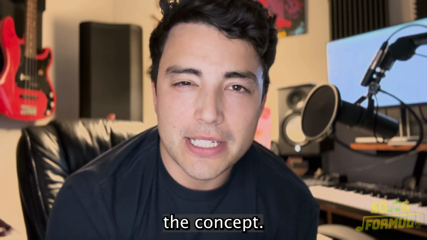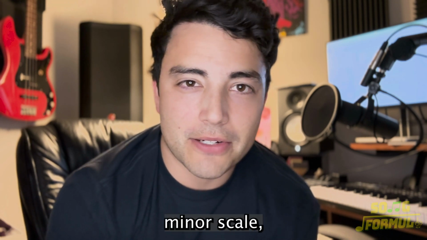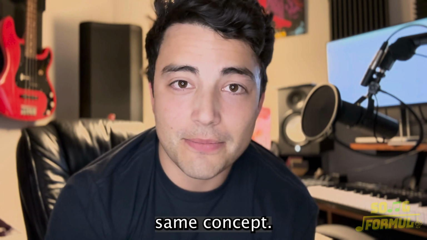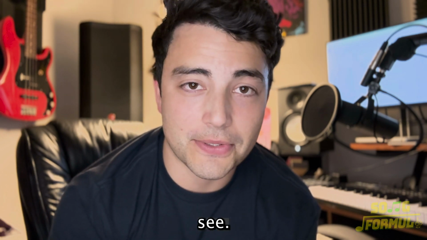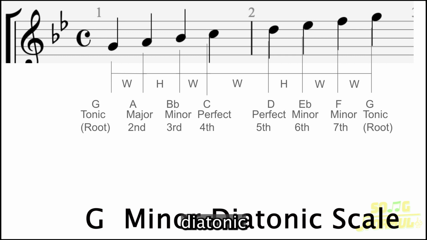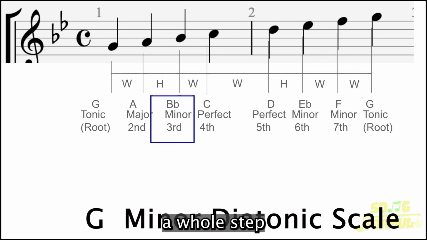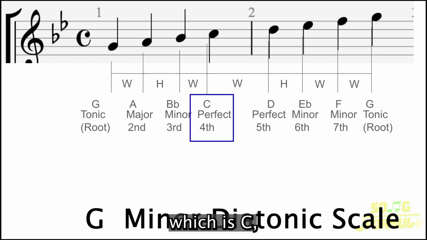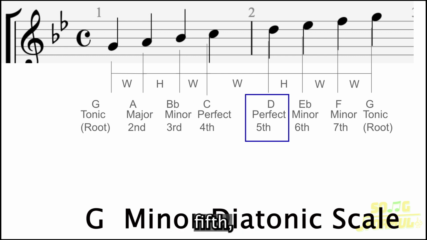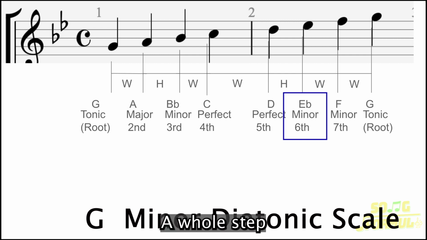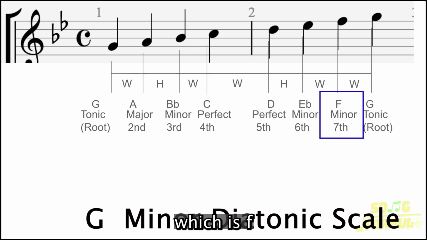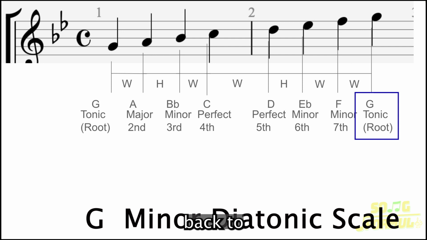But just to make sure you understand the concept, we're going to switch gears to the minor scale. And it's the same concept, just a different whole step, half step pattern, as you'll see. Here's the G minor diatonic scale. It starts at G, your root, goes up a whole step to A, the major second, goes a half step to the minor third, which is B flat, then a whole step to the perfect fourth, which is C, a whole step to the perfect fifth, which is D, a half step to E flat, which is the minor sixth, a whole step to the minor seventh, which is F, and a whole step back to your tonic, which is